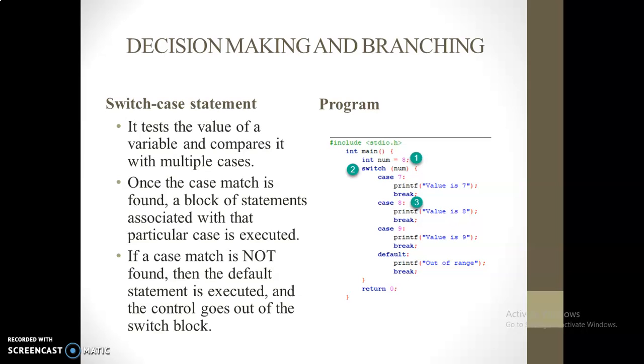Next is the switch case statement. It is the test value which is compared with multiple cases. Once the case is matched, the block of statements found in it, the particular task, will be executed. If a case does not match, then the default statement will be executed and the control goes out of the